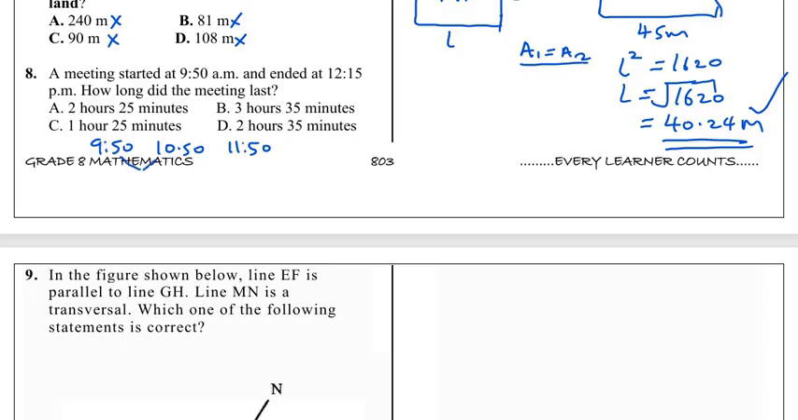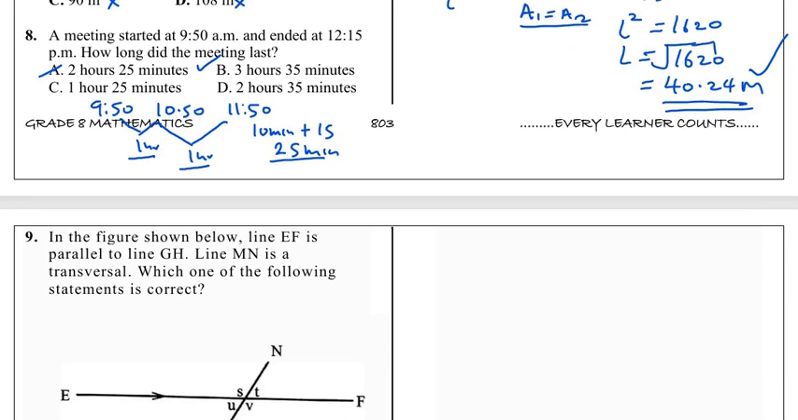So here we have 1 hour. Here we have another 1 hour. Then to 12 we have 10 minutes plus 15 to 12:15. So here we have 25 minutes. So the number of hours we have 1, 2 hours, 25 minutes. So easy. Don't lose that chance of getting